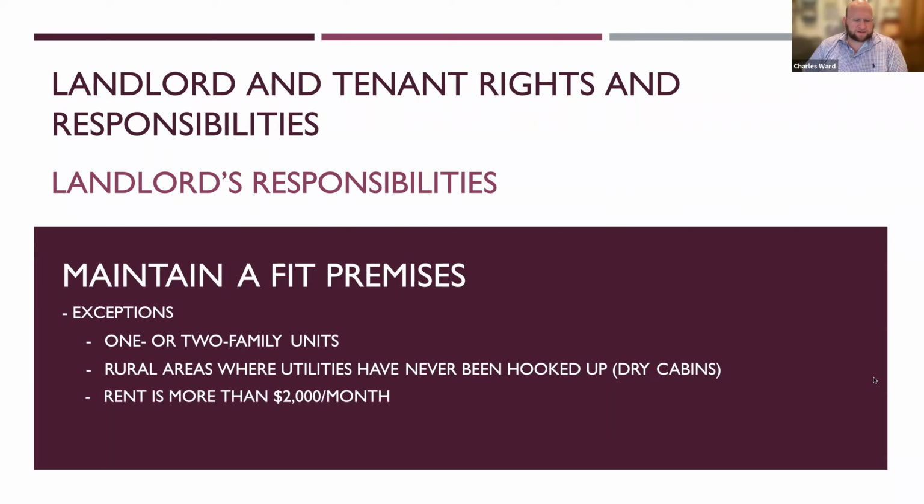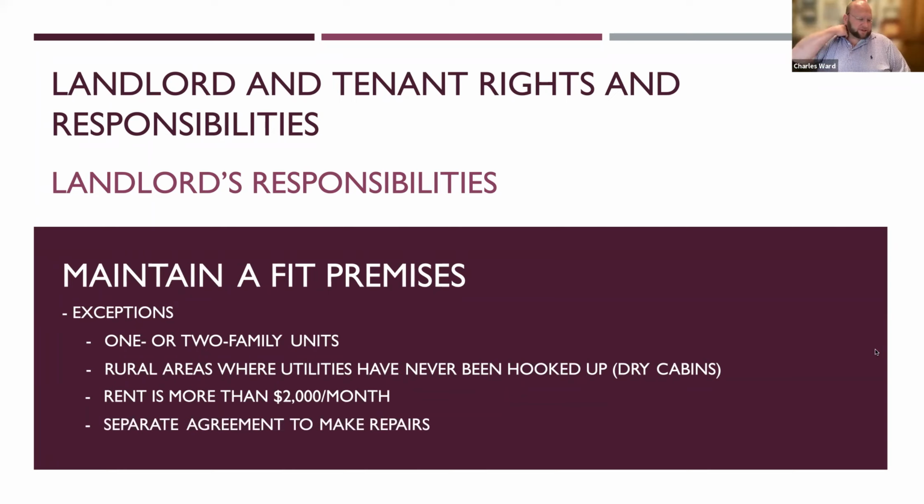If the rent is more than $2,000 a month, again, just like with a 1 or 2 family unit, some of these duties are assignable within the lease if it's a 1 or 2 family unit, so a house or duplex, or if the rent is more than $2,000 a month. If you're renting a home, for example, the landlord can probably assign the fact that you need to provide your own trash service. You need to keep your own yard mowed. You need to keep your own sidewalks clean, something like that. So if that's a house, then some of those duties may be assignable.